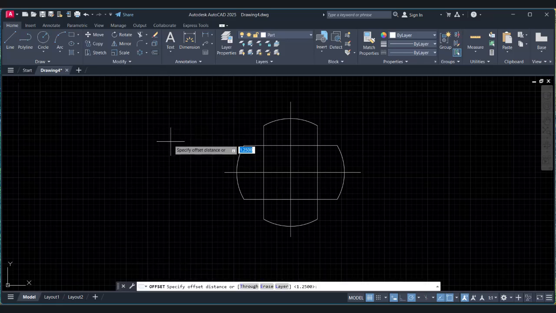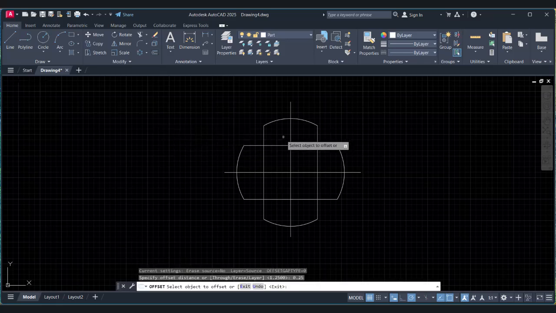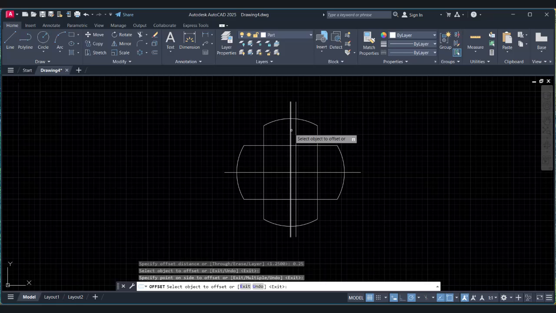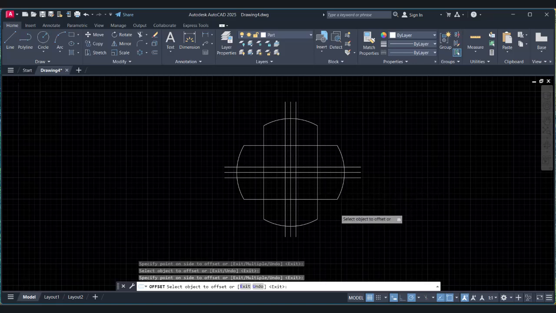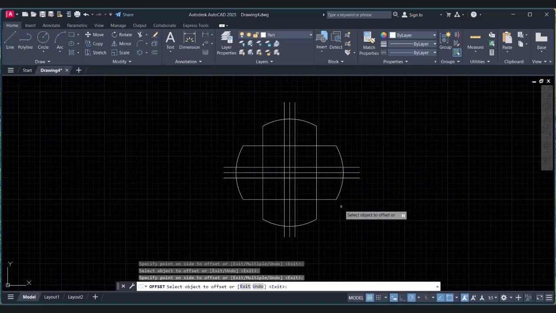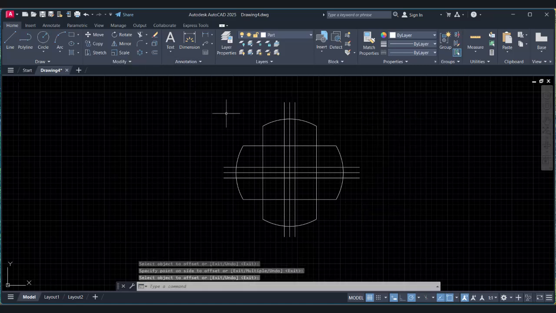Okay, so for this one it should be 0.25. So 0.25 and 0.25 in this direction, and offset 0.25 in this direction. Okay, and next thing we need 1.5 from this center to this point.